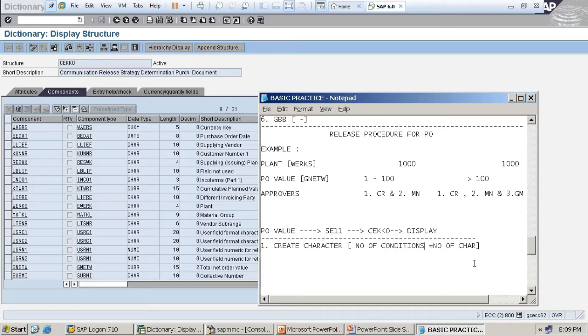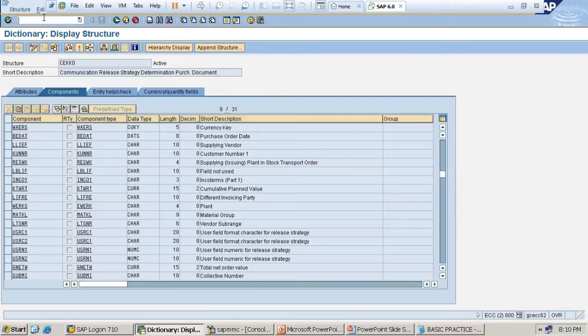Since here we have 2 conditions, one is the plant, next is the PO value. That's why we require two characters. Suppose I take D1 and D2.